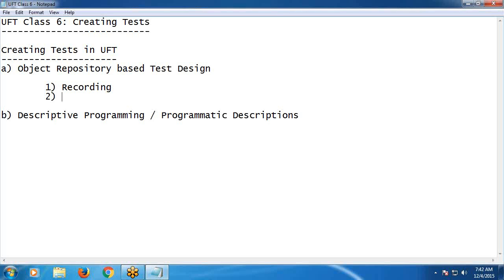Spy. What is spy? Spy is not a recording method. Spy is only for getting objects information, not for creating tests. Don't confuse. Another is